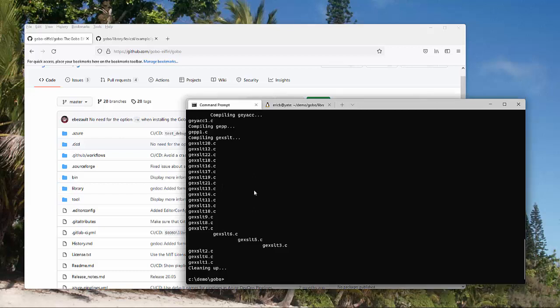Okay, so the Gobo Eiffel tools are now installed on my Windows computer. So the last thing which needs to be done is to make sure that the Gobo bin folder is included into your path. Okay, Gobo bin. Okay, and that's it.